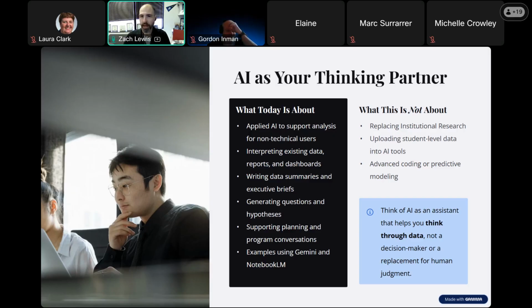Specifically, this is tailored with a non-IR, non-IE, non-technical user in mind, and thinking through how you all, outside of our function, might be able to leverage artificial intelligence tools and the data that we produce for you to do some things like interpreting the data, writing up some nice summaries that might help support conversations and planning activities on your campuses, helping to generate additional questions based on the data and the trends that you're seeing, and generating some hypotheses that could lead to projects and recommendations, and really just exploring all of the rich assets that you have available to you.